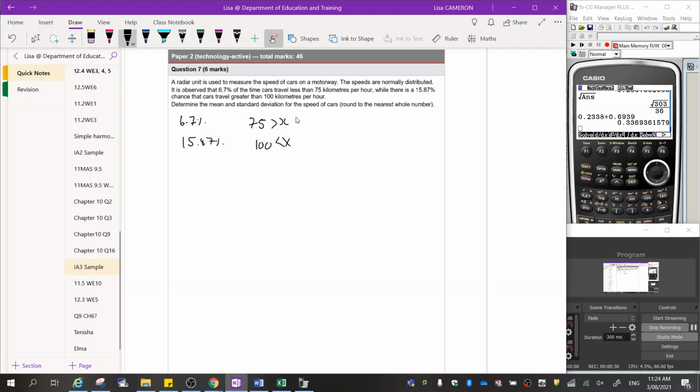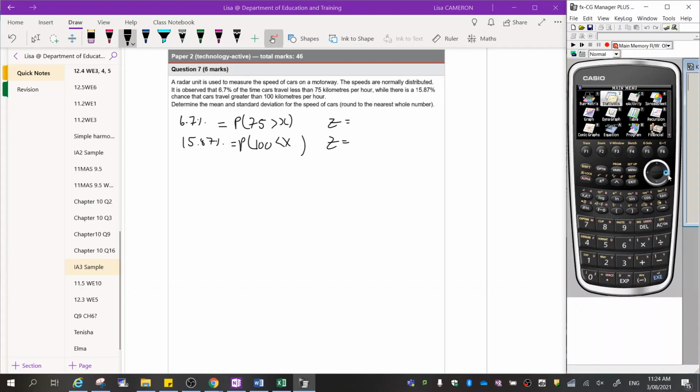Okay, so first thing we're going to do is the probability that these things occur is equal to that. So first thing I'm going to do is calculate a z-score for each of them. Okay, so let's go Menu, Statistics. Now we're going to go Distribution, Normal, Inverse Normal. Now for this one, if I draw a picture of it,